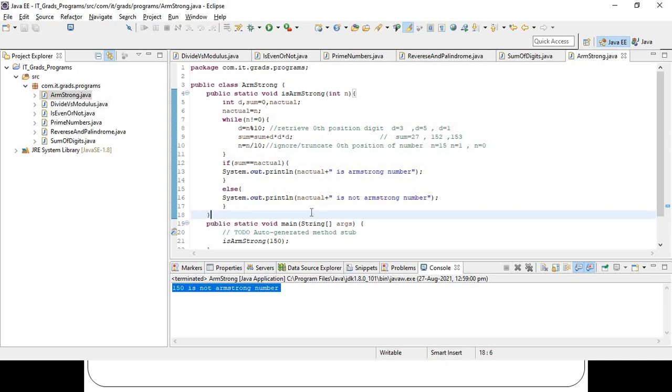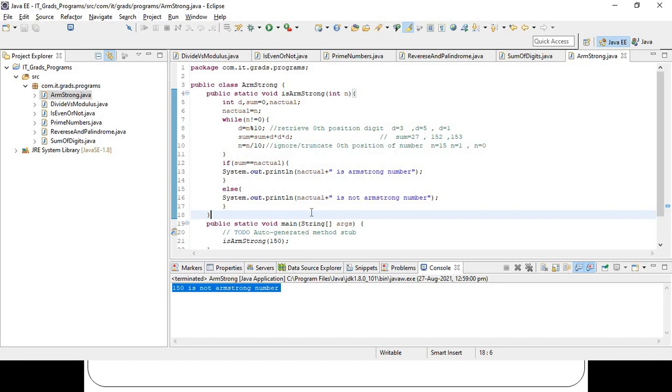So first of all, if anyone asks for any program, you need to find out what the logic is. If anyone asks what is the program for prime number, if you don't know what a prime number is, how will you know? So first of all, think what that prime number is. You get some information on what an Armstrong number is. Then think of the logic. Initially you don't have the logic, but by repeatedly learning new programs, you will improve your logical skills.